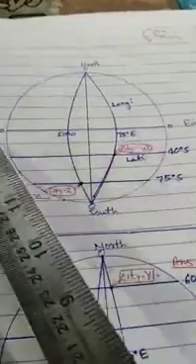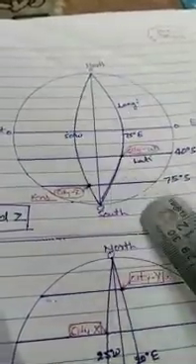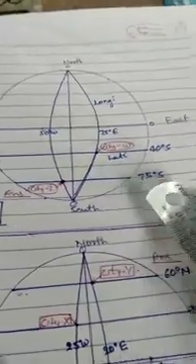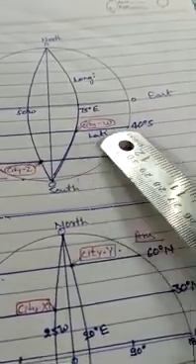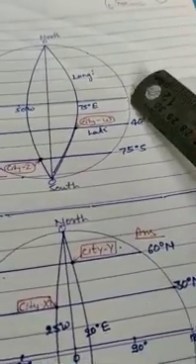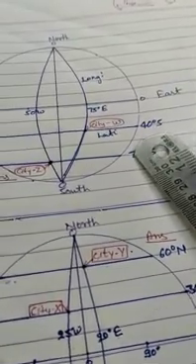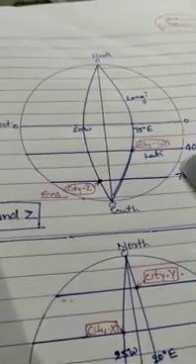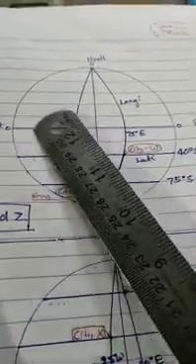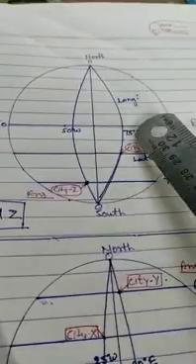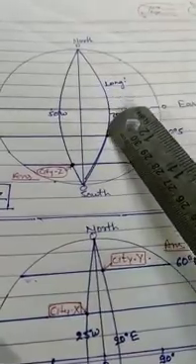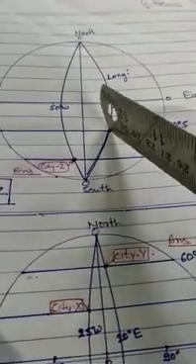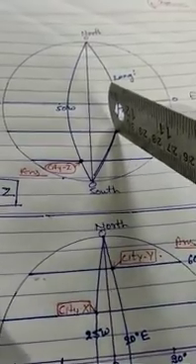Now let us move to the second figure. This is the figure of second one. This is the line of latitudes and this is the line of longitudes. City W, it is given latitude is 40 degrees south. South it is your downwards. So this is latitude, the degree of 40 degrees south. From here your degrees are started. 40 degrees south it will come here, and longitude it is given 75 degree east. If we start from this portion, 75 degree east, it will come here. So here it is your 75 degree east. When this line of latitude and the line of longitude meet here, this is the point of city W.